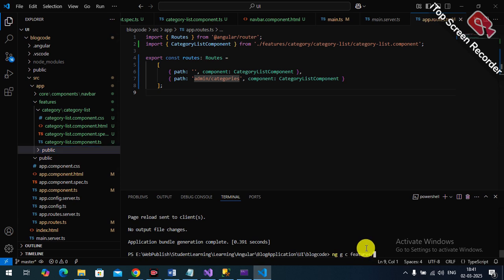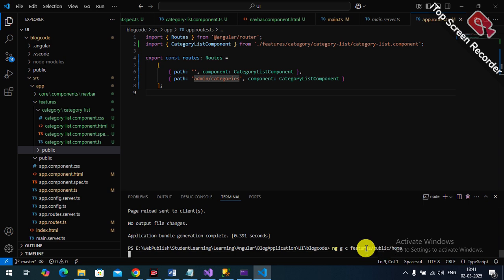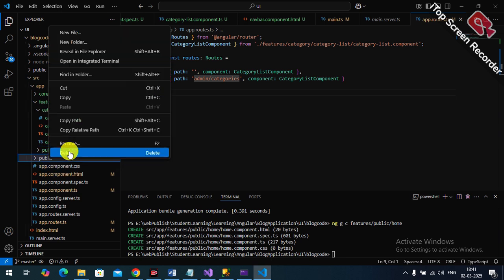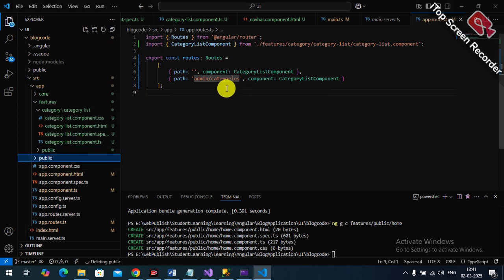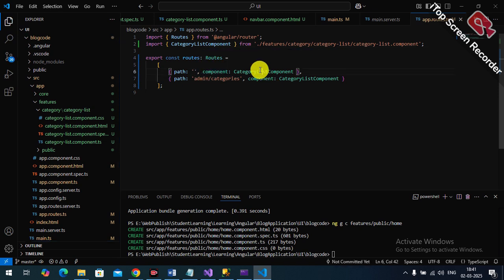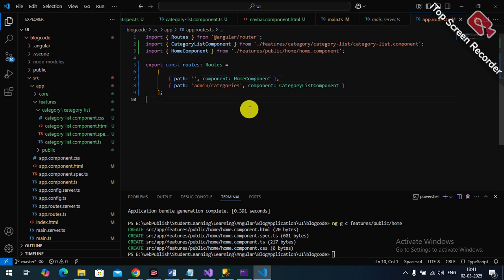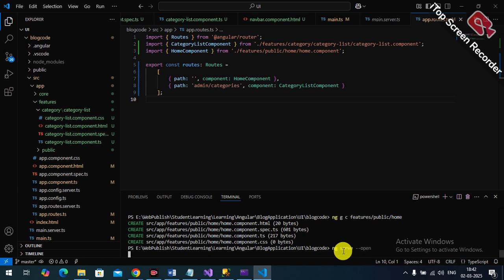So it will be features, public slash, sorry. Yes, it's created here. Let me remove this one. Okay, so I add here, if path is nothing, then add here home component, and it will be the path. Now let me run the command, this one open, and meanwhile